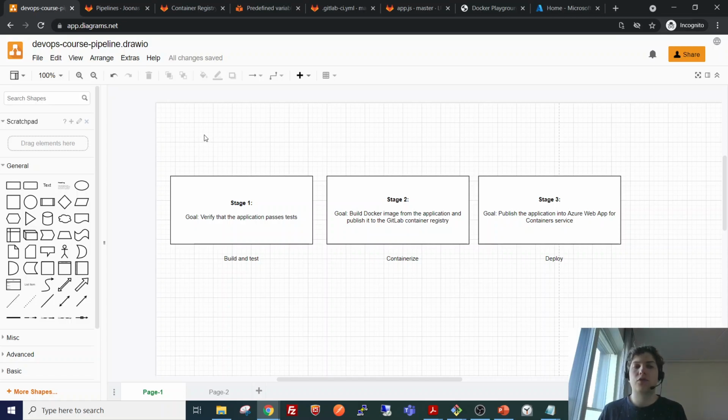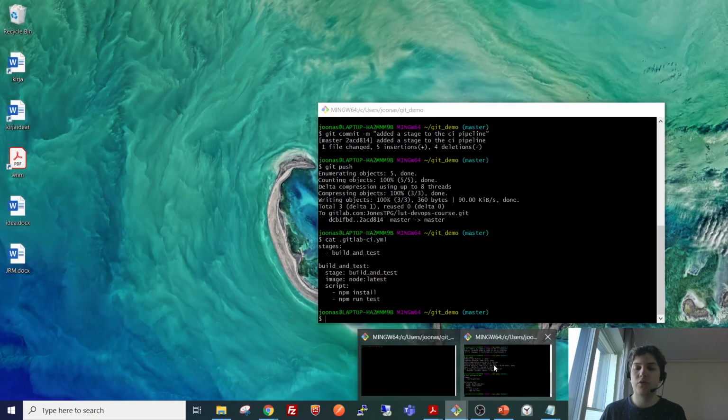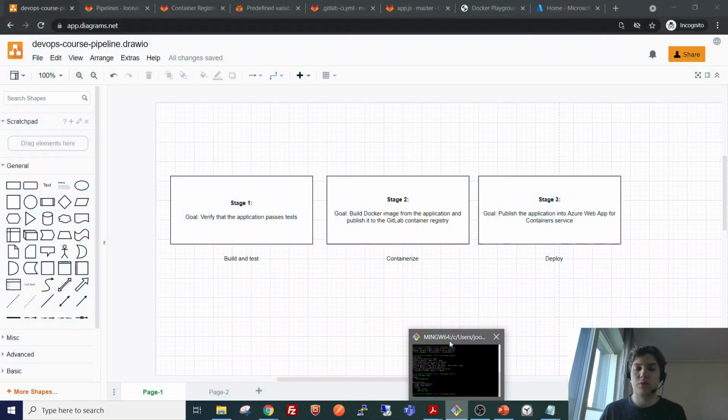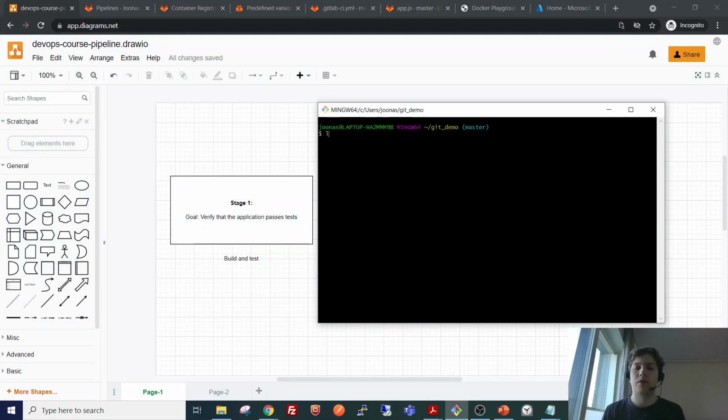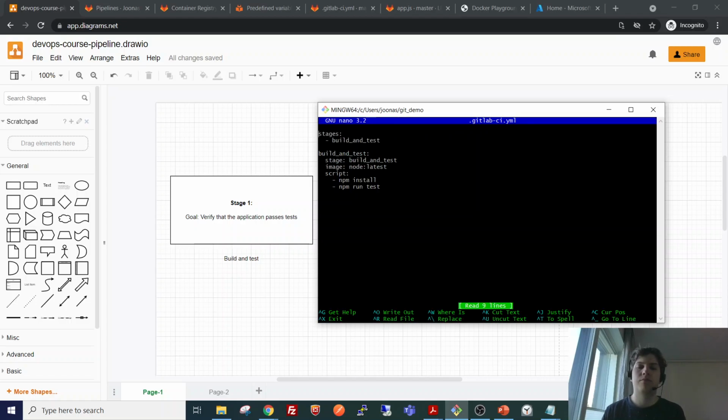Well, let's firstly add a new stage to our pipeline file. We can maybe remove that one. So here we have one stage currently, so let's go ahead and add a new one.